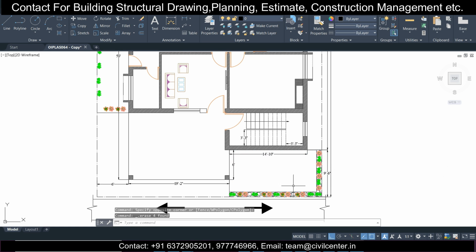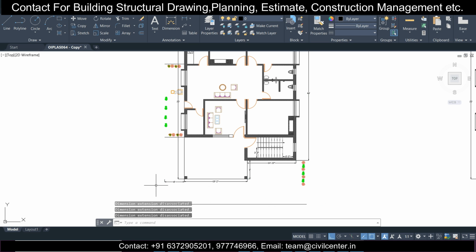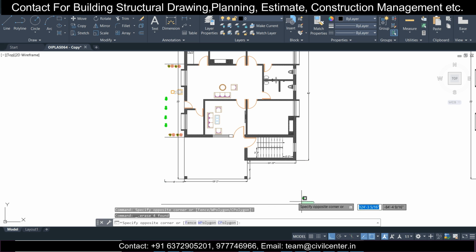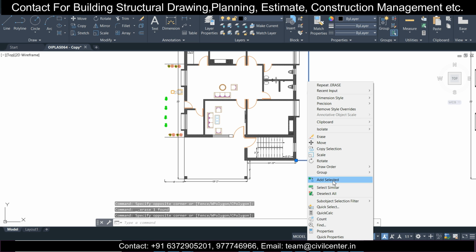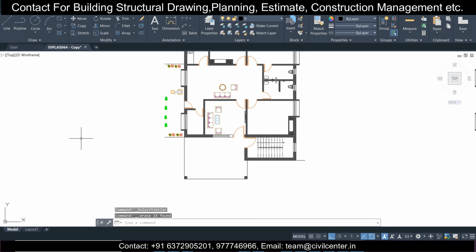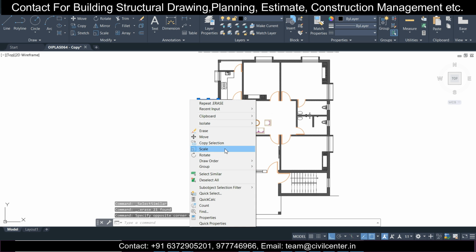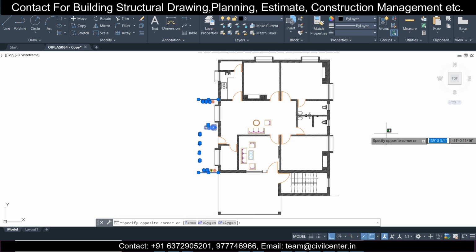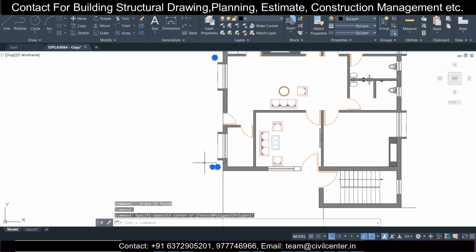So I'm showing the entire steps so that you can have an idea about how to work on a live project. I'm just deleting the things which we don't need at the moment. Right click and then select similar, and then delete, and then also do this particular select similar. No, I cannot do select similar here because these are lines. So click on delete. Also this and these small things we'll just delete.